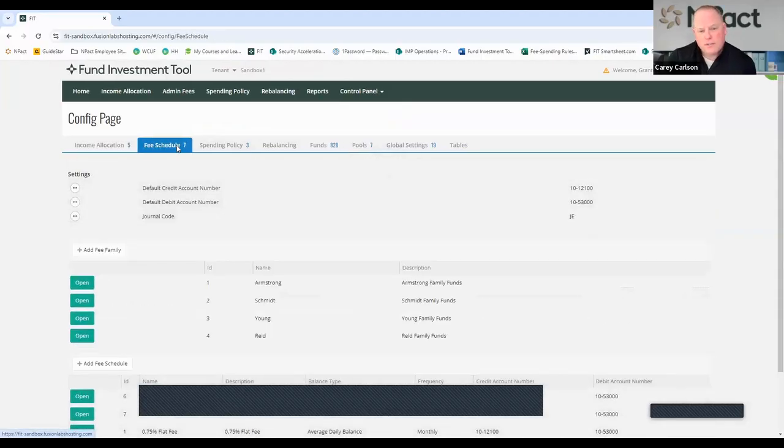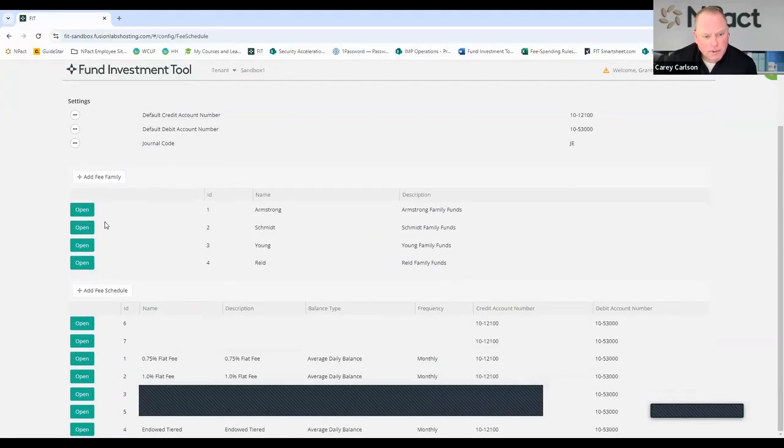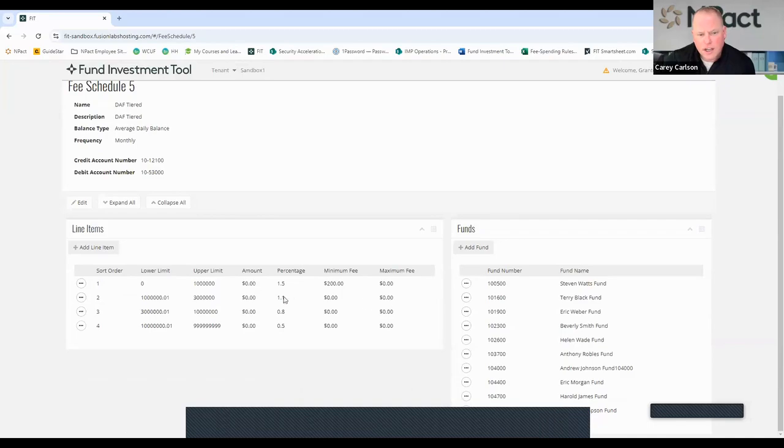Talking about administration fees, if your organization is charging admin fees that we want to apply to the various funds associated to the organization, we can set them up in fee families. If that's something you're doing, you can have an unlimited number of fee schedules here as well. To include tiered fees. If you have different tiers and percentages that are associated to those, we can list those